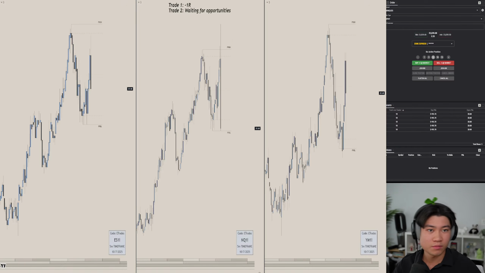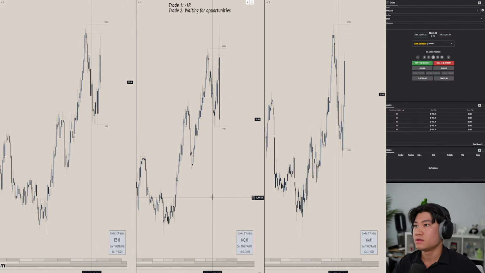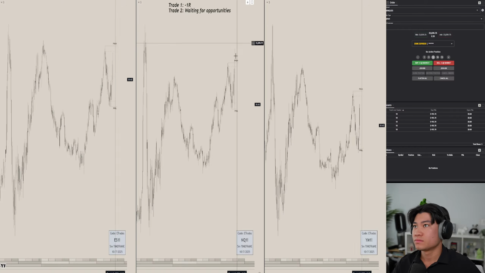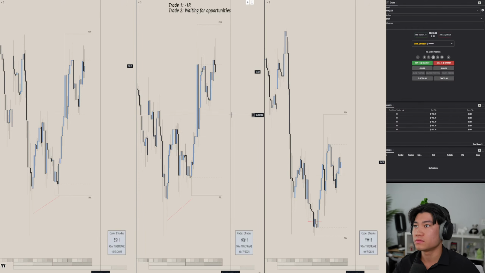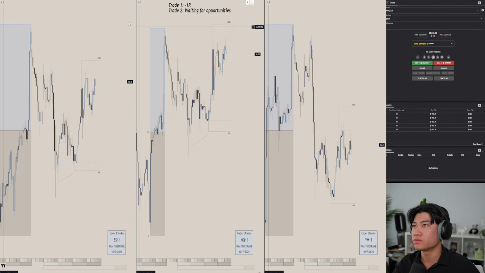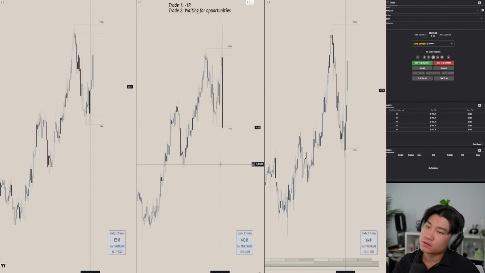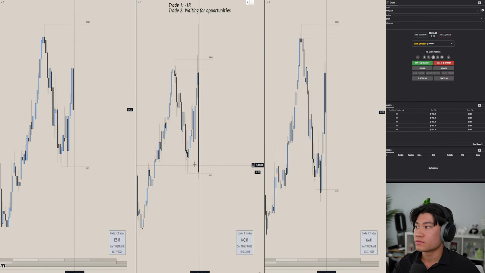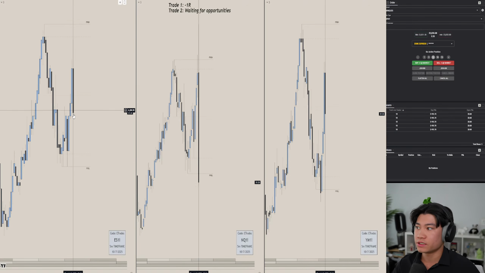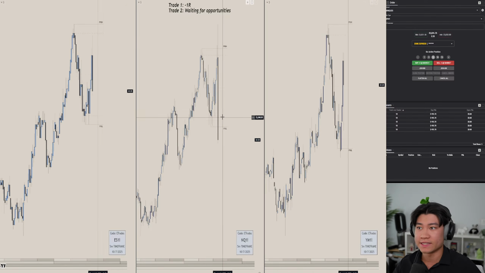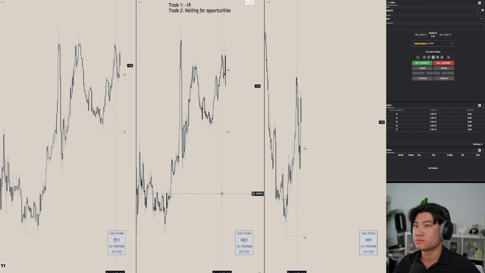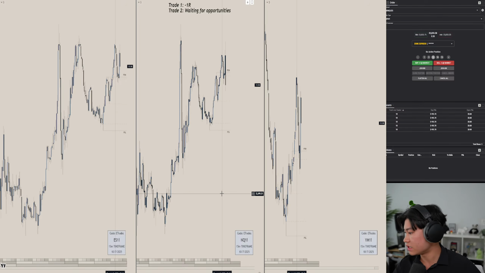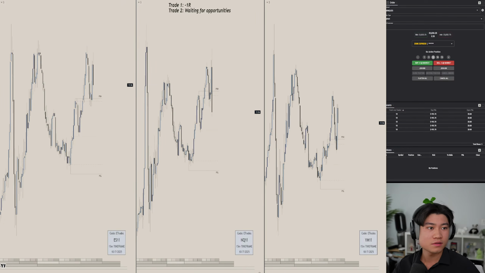Man, now we have an opposing model. Zoom out, just take a look. There is a hidden SMT up here as well. I think dependent on how ES trades here, if we can get a closure below that previous 90-minute low, I might just go for a short here, given this displacement. Yeah, there's opposing SMT.